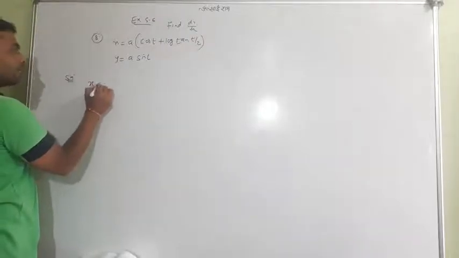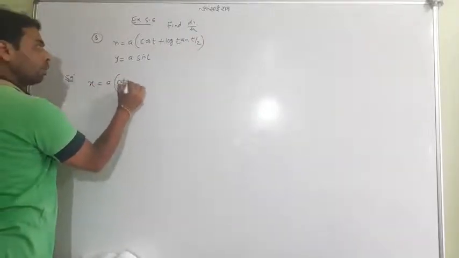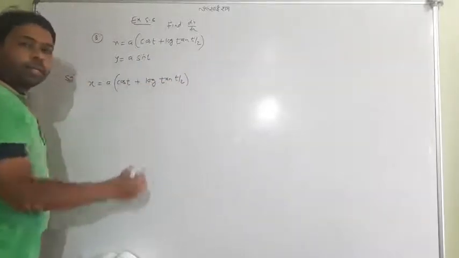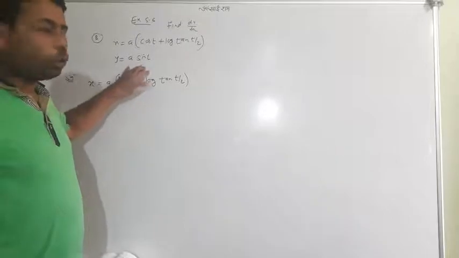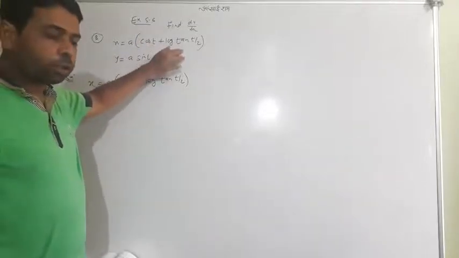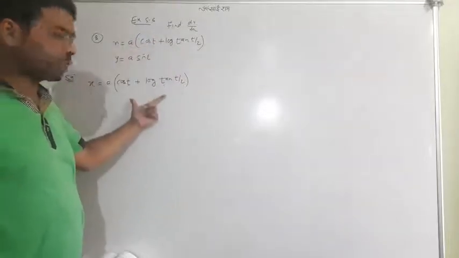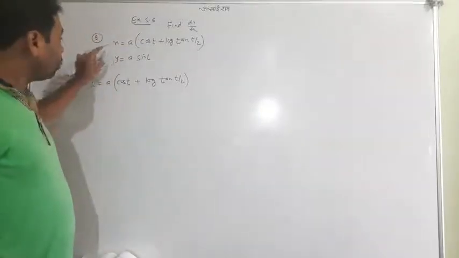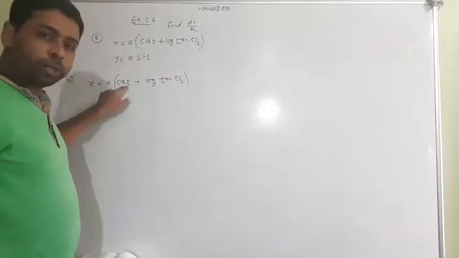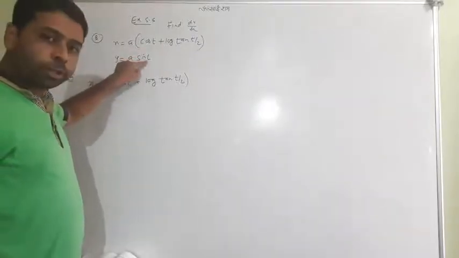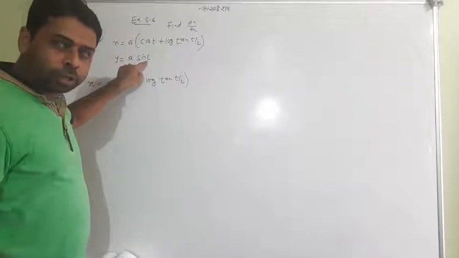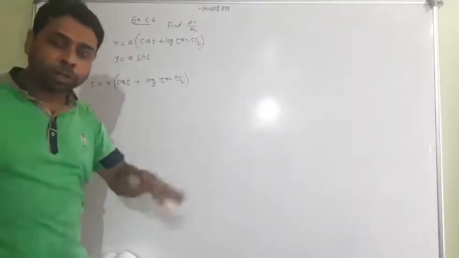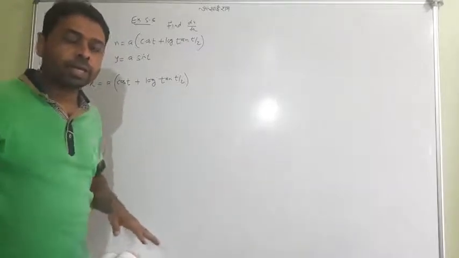First we have given x equal to. Don't worry about what you need to take first. You can take y equal to, or you can take this initially, it makes no difference at all. So I have chosen to take this one, since it is long. So what is the method, you remember? First you choose that x is a variable of t and y is also a variable of t. The third variable is t. One by one I will differentiate x and y with respect to t. Then I will divide and I will get dy by dx.